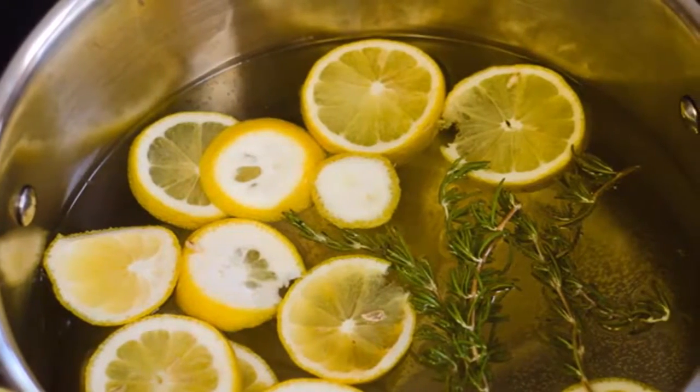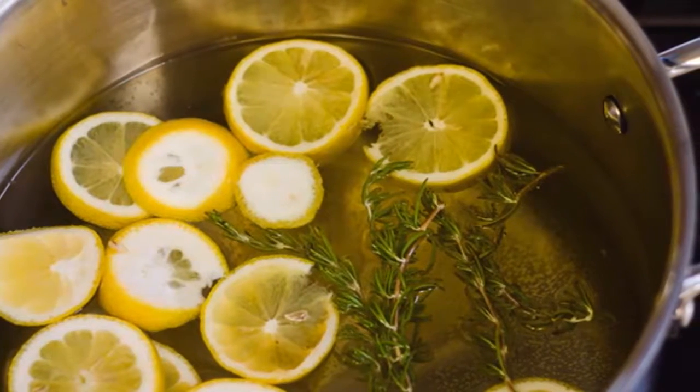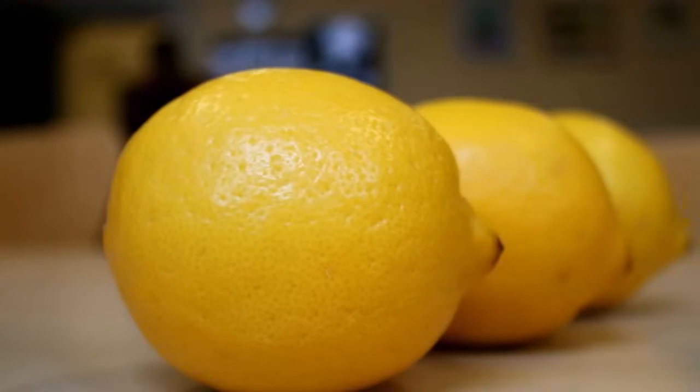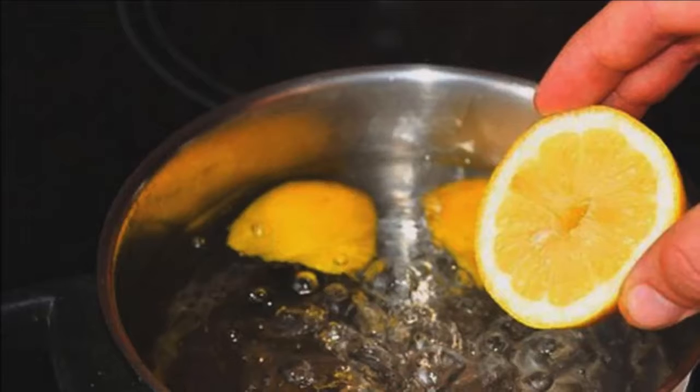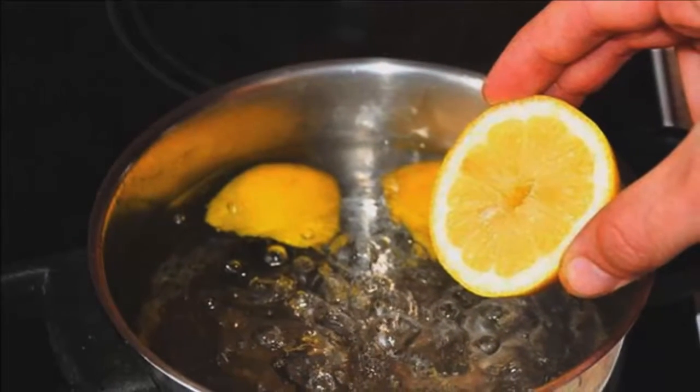Ingredients. 1. 2 lemon peels. 2. 1 liter of water. What should you do? 1. Bring the lemon peels to boil in a quart of water, lower the heat and leave for 15 minutes. 2. Wait until it reaches a supportable temperature and consume